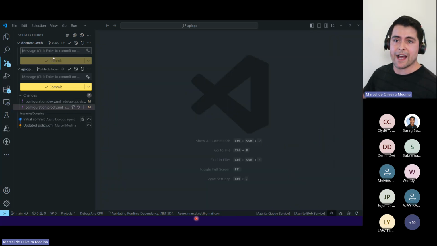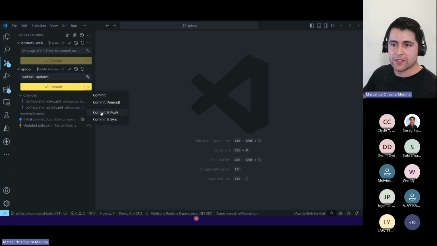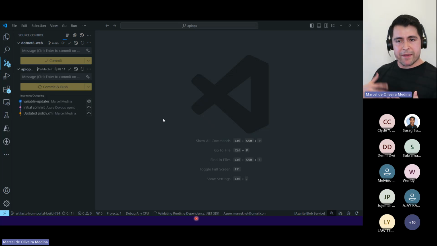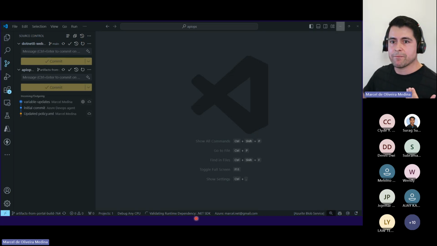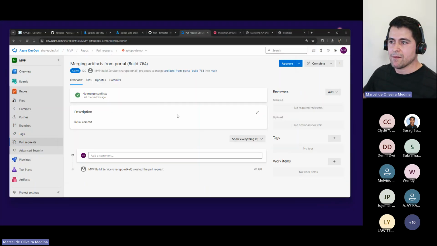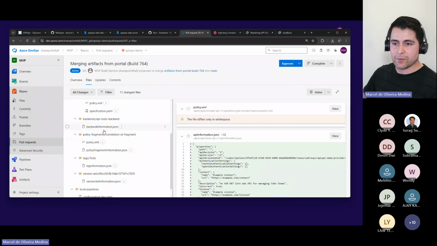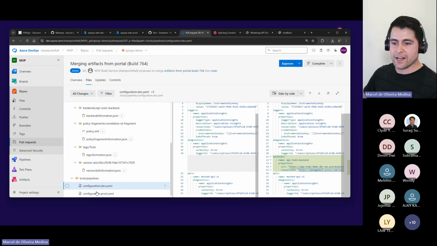I have created that. What I'm going to do is say variable update. Okay, I'm going to commit and push that. Yes. And so my PR was created. I didn't have those variables. I created those variables. Now it has been pushed, right? My PR here now has identified the latest, which contains those dev changes, right?